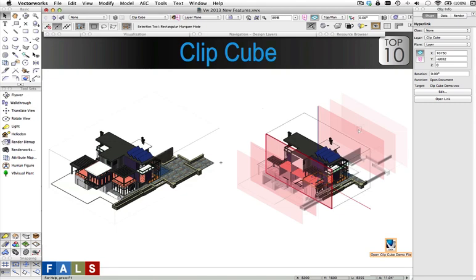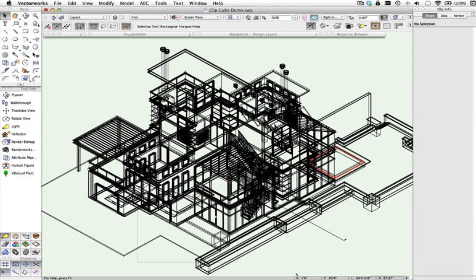Clip Cube. Here's another 3D improvement that can make editing and presenting a 3D model a lot easier. Essentially, it's the ability to drill down into a smaller part of the model with a cube known as a clip cube. I think the best way to look at this is just to try it out in a file. So let's switch to this file, and here we've got a wireframe model, and it may be that you want to do some amending to a room within the model or an object within the model,